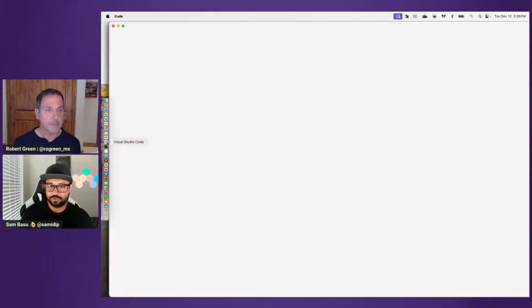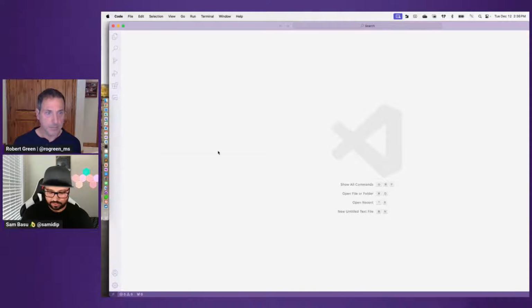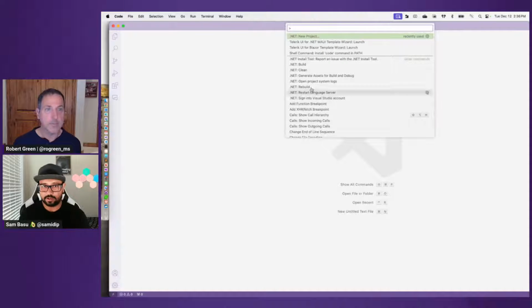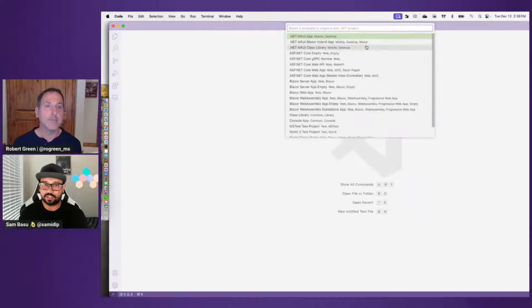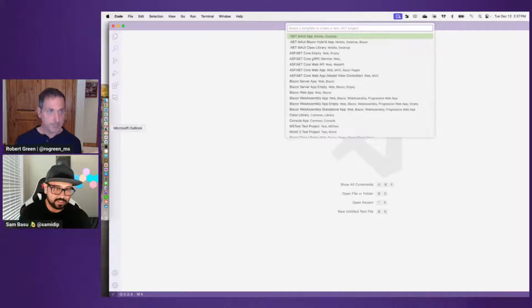If I open a Visual Studio Code here, and if I do a Control-Shift-P to go into my command panel, you see the .NET new project. These are the same ones that show up. Like you see the .NET MAUI app, you see the MAUI Blazor hybrid, you see ASP.NET, you see Blazor. So these are all of my .NET apps. And I don't have enough ones here that you can have templates for Azure and so on. Everything is workload driven, so you can get what you need. Right. So yeah, that's how you get started.